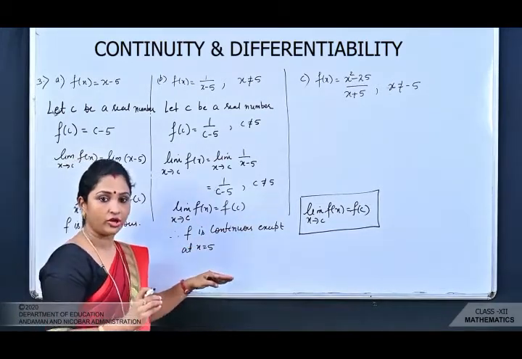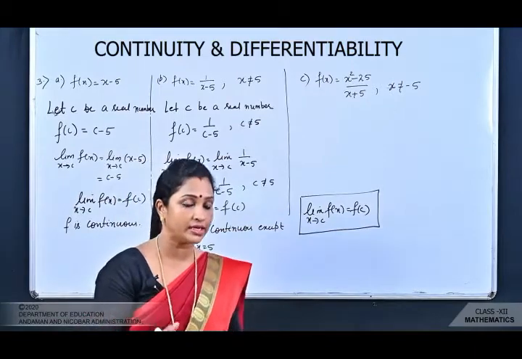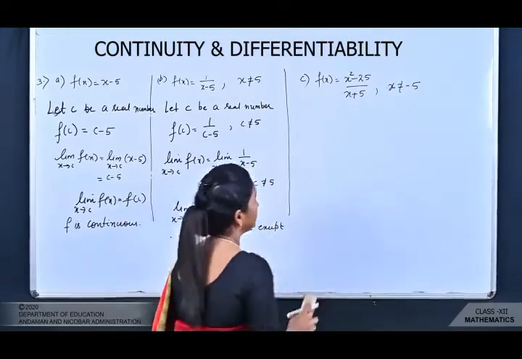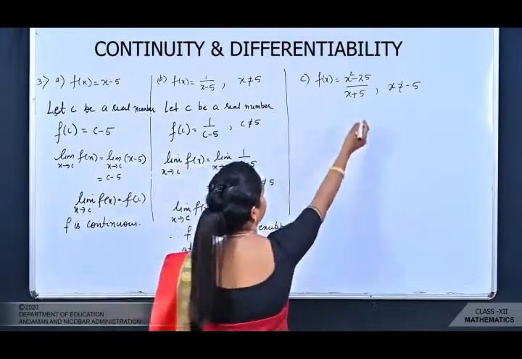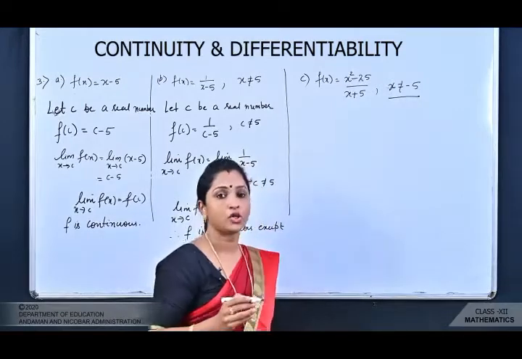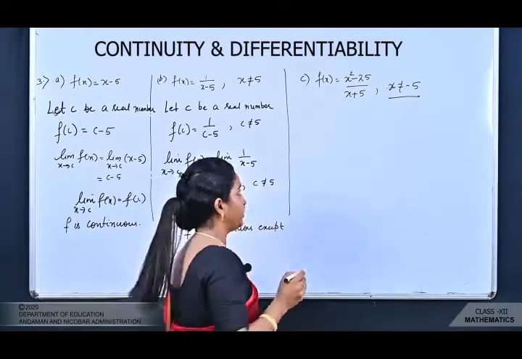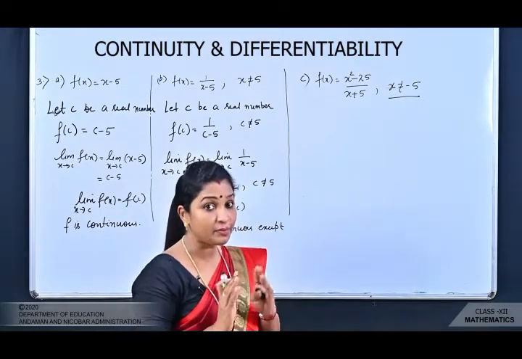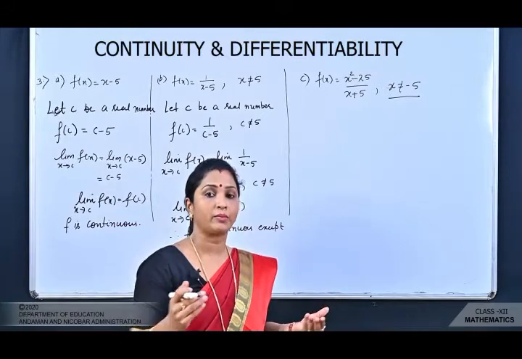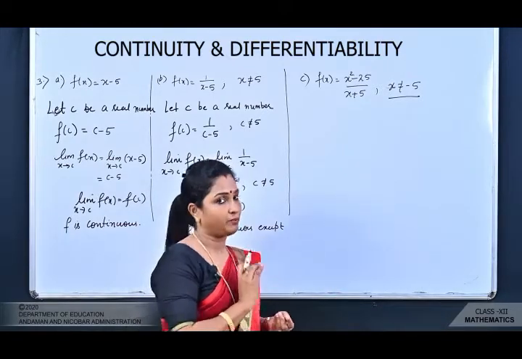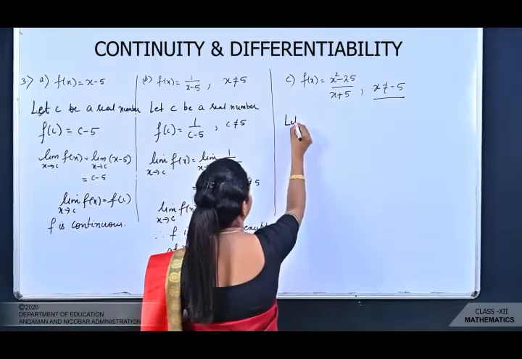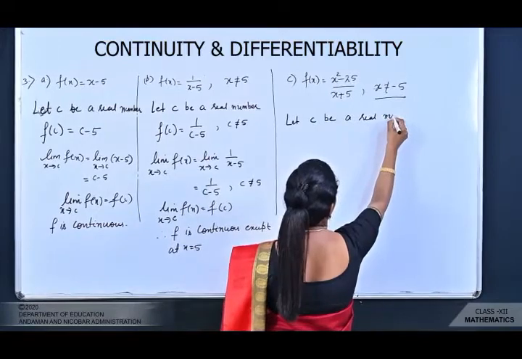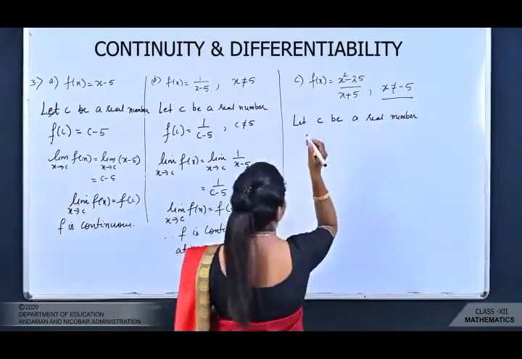Okay, so when the point is not given, you have to take a point, आपको अपनी मर्जी से लेना है, and then you have to solve it. Now moving on to the C part here. When you see the C part, okay, again one condition is given here, x is not equal to minus 5. So what you are going to do here, that means the function is continuous except at -5. So rest of the real numbers में आपको देखना है कि function continuous है या नहीं, यहाँ पे हम examine करेंगे. So again you will take, let c be a real number. ठीक है, हमने एक real number लिया.